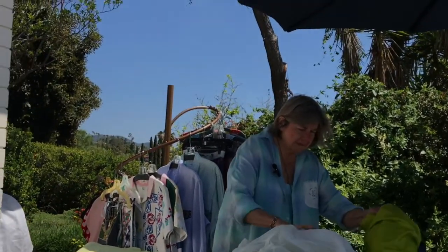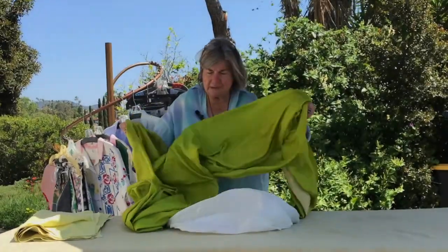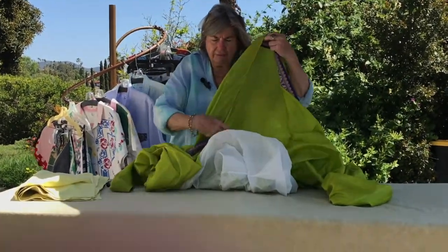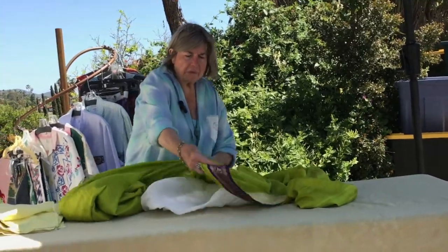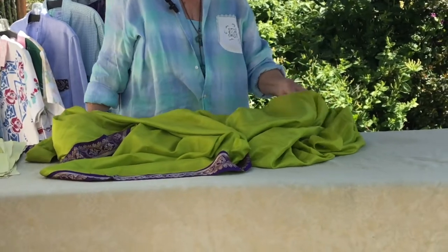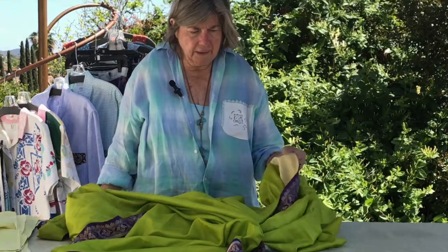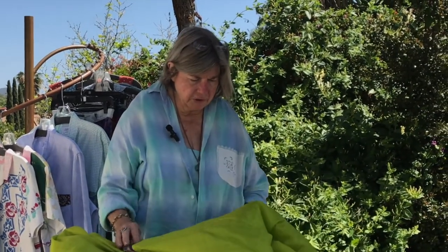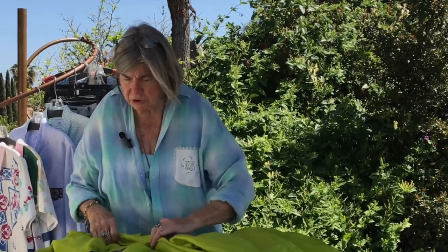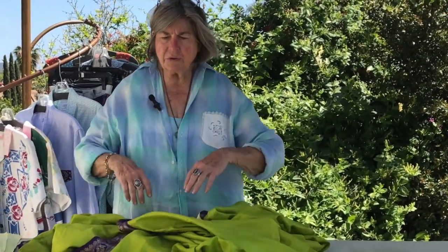And the last thing in this bag is another thing that's in the same color range. This is a silk sari from India with a beautiful border on it. Saris are normally about 5 yards long, and if you can find them in good condition, which this one looks, I think we saw a stain or two, but it's in pretty good condition, and they will come out. I do skirts and dresses and scarf tops, I call them, just simple